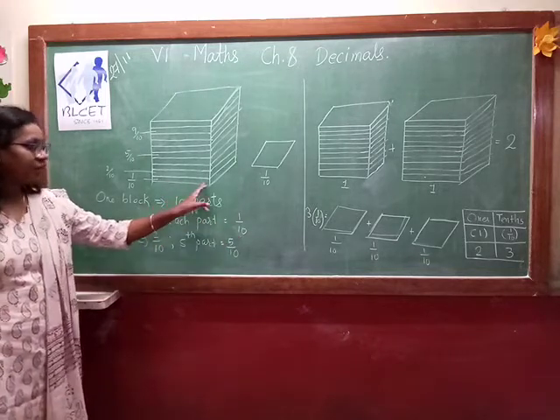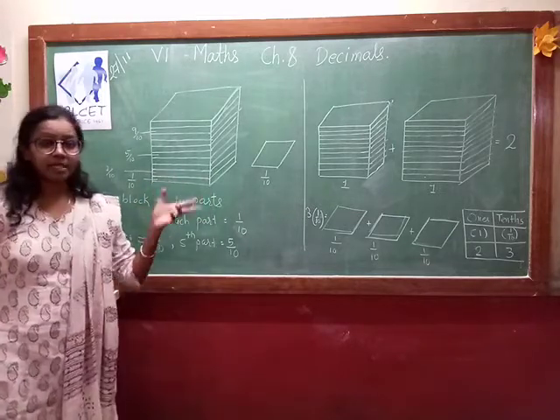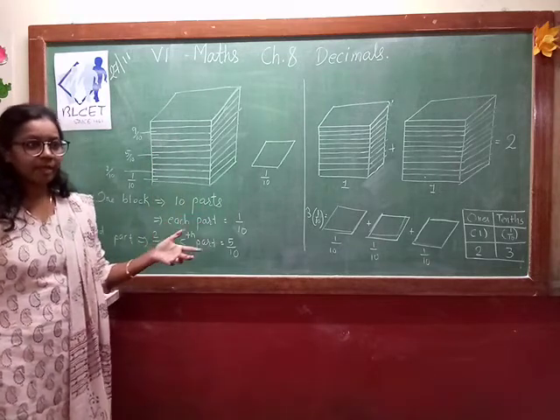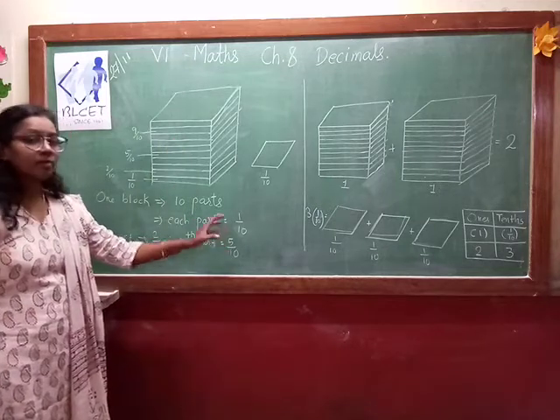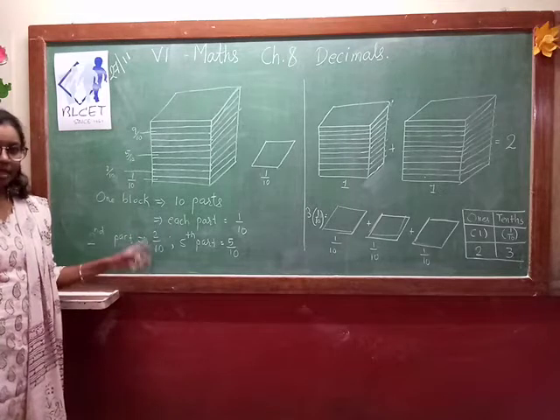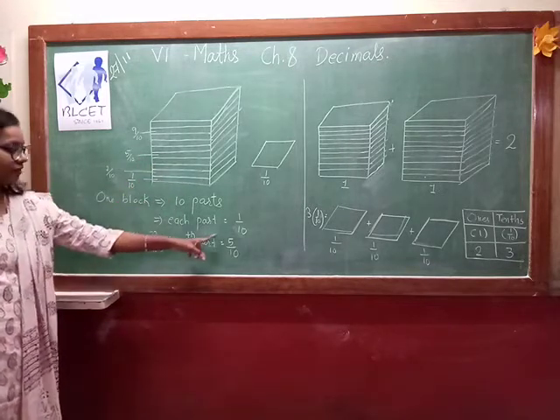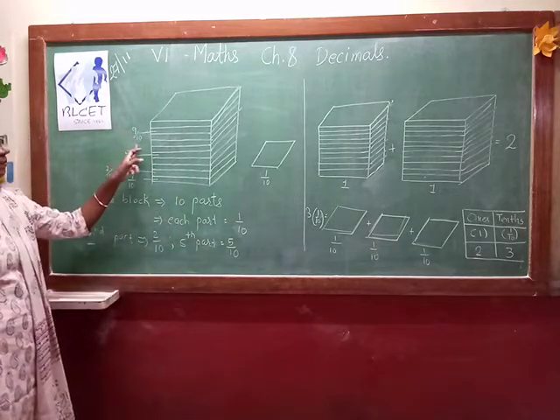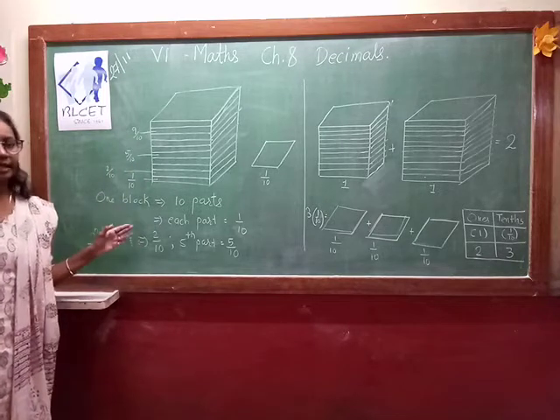If you shade one portion in fraction, you have already learned about this. How many parts are shaded out of the equal parts? So 1 by 10, 2 by 10, 5 by 10, that you already learned. Each part represents 1 by 10. If you consider the second part, that represents 2 by 10. If you consider the fifth part, that represents 5 by 10. If you consider the ninth part, it represents 9 by 10. So this way we can represent the tenth.